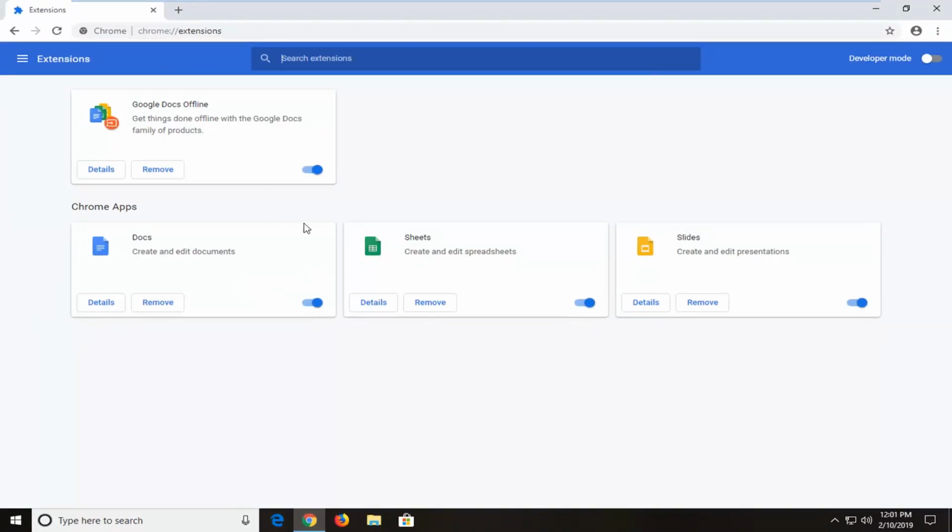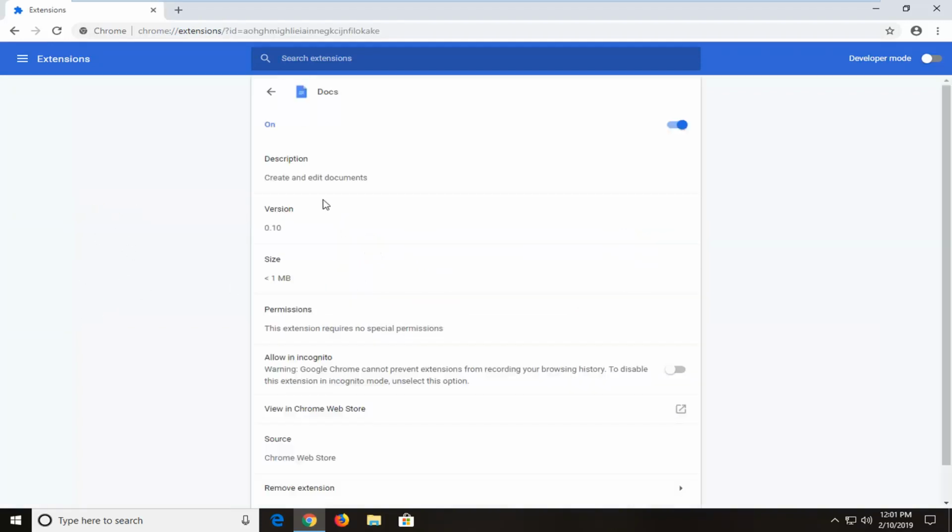So whatever extension you want to allow in incognito mode, you want to just left click on the details button that corresponds to that selection. And then where it says allow in incognito, it should be grayed out by default. There should be a little oval in here. Just click inside of it one time to turn it into the on position, so it should be blue when you're done. And once you're done with that, just close out of here, open up incognito mode, and that should